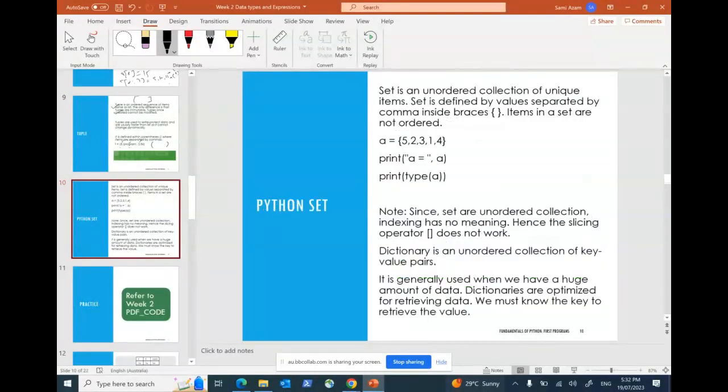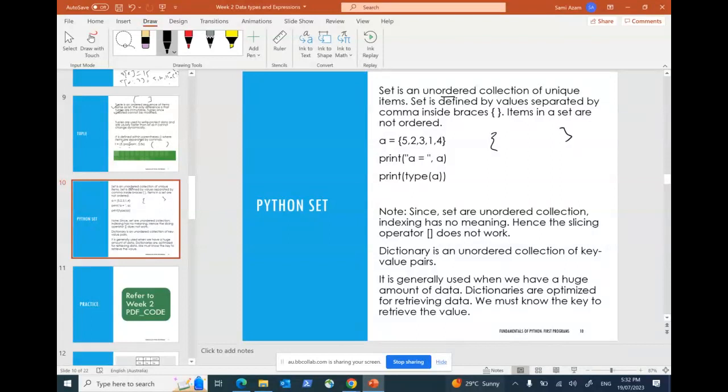Then, the last one is called the Python set. This is another type of list. So we'll learn three: one is called the list, the other one is called tuple, and the other one is called set. A set is called an unordered collection. That means there is no order actually. So when you say there is no order, that means you cannot do any indexing. What is the purpose of indexing if it is not ordered properly? That's why it is called an unordered collection of data, and they always use curly brackets